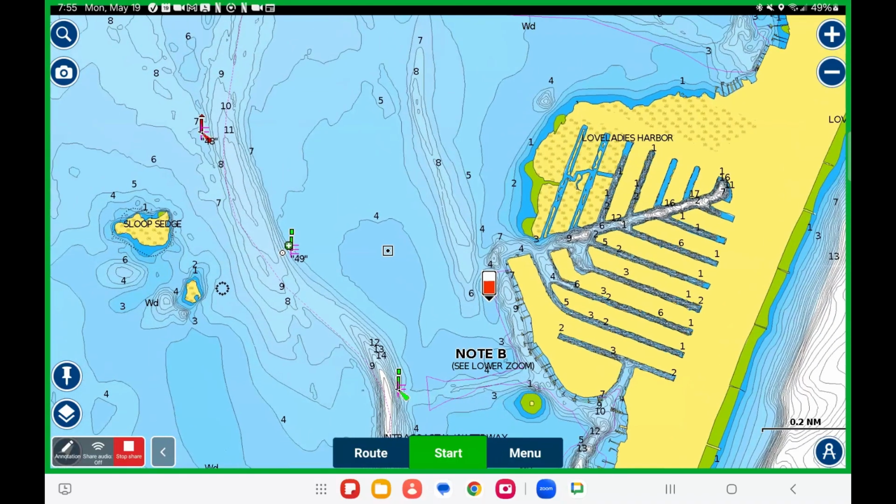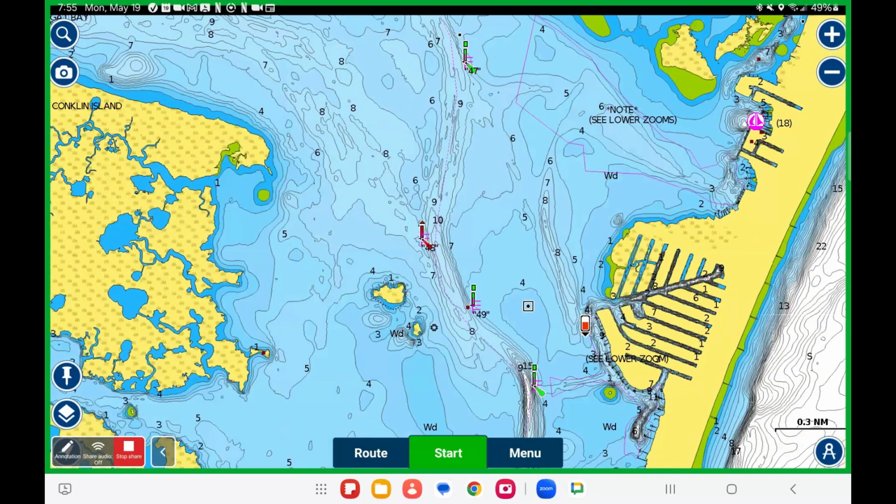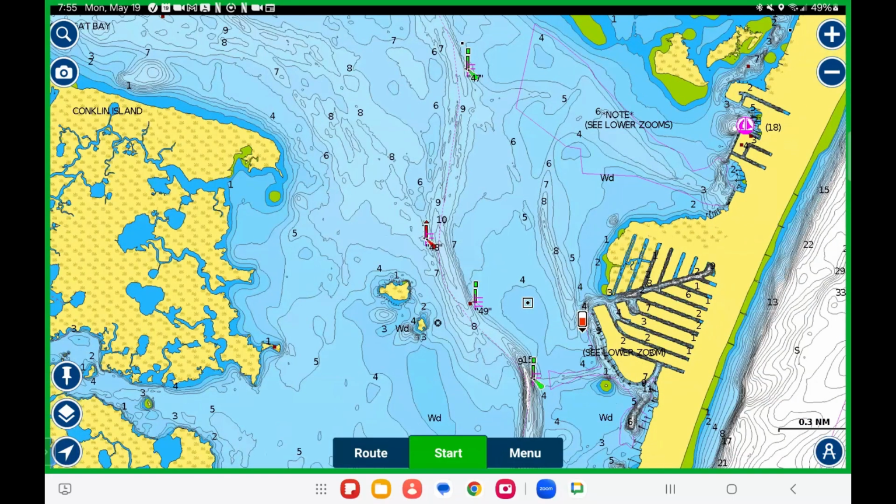All right, we're going north. This is another spot where you really have to pay attention to what you're doing and make sure that you are watching out for the channel marker, because